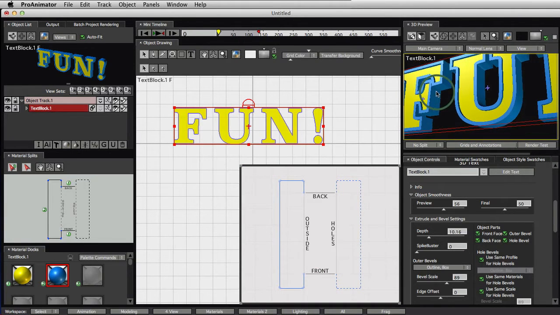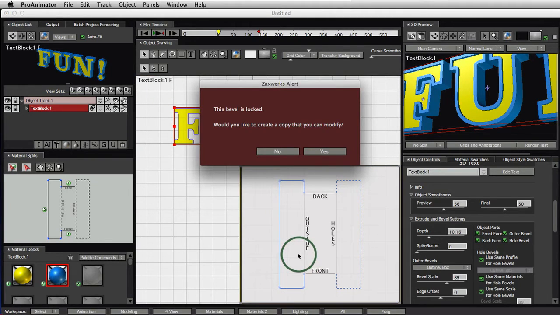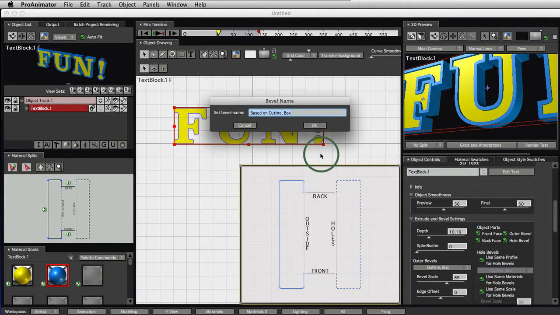Okay, so in order to make it thicker, we step into the world of custom bevels. So this is where you would draw the custom bevels. Now, when I click in this window, it's going to give me a message the first time I click that says this bevel is locked. Would you like to create a copy? Say sure, why not? Let's do this custom